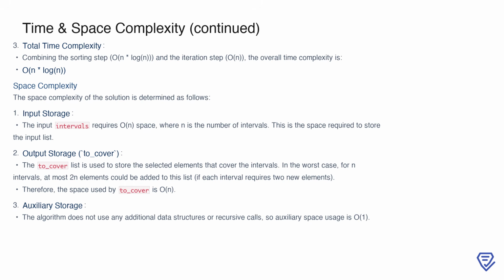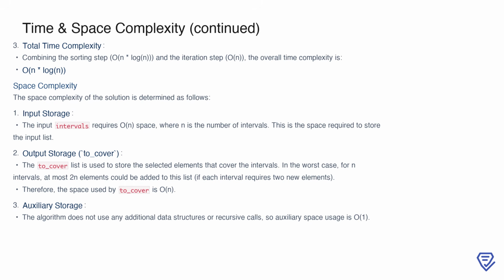Now, let's discuss the space complexity. First, the input list intervals occupies O(n) space, as there are n intervals to store. Then, we have the to_cover list, which stores the elements selected to ensure every interval is covered. In the worst case, where each interval contributes two elements, to_cover could contain at most 2n elements, making its